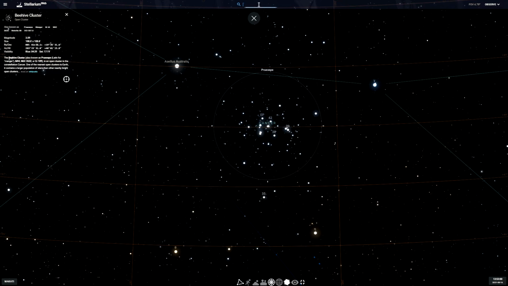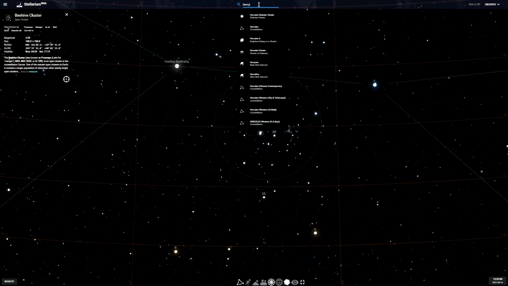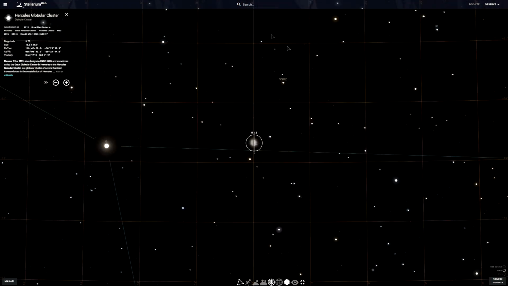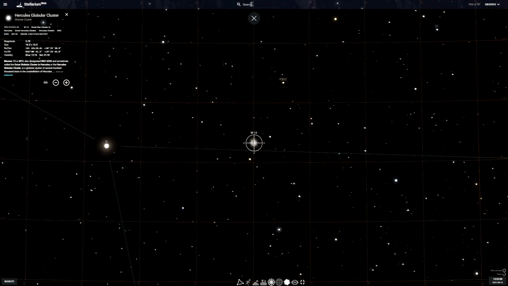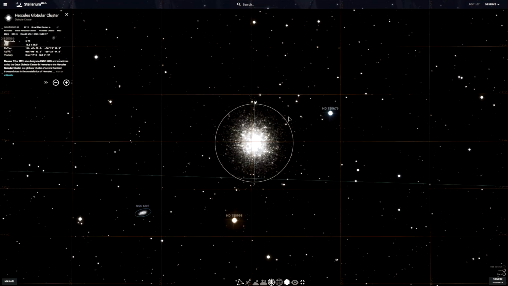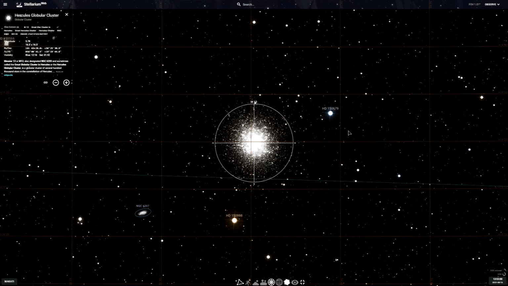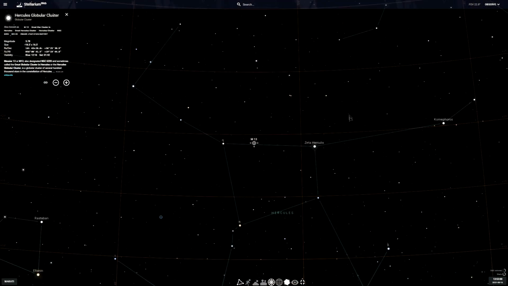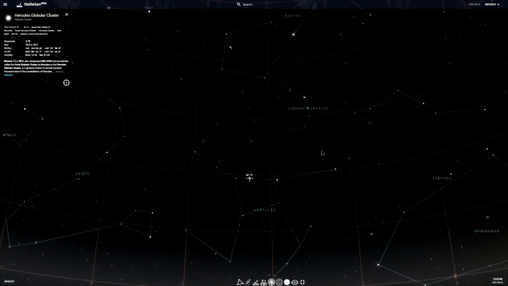Okay, so another great star cluster is the Hercules globular cluster. So if you use the search button here, or I mean the search area here on the top center, you're going to see this, okay, also known as M13. So that's the Hercules globular cluster. Okay, so going back,